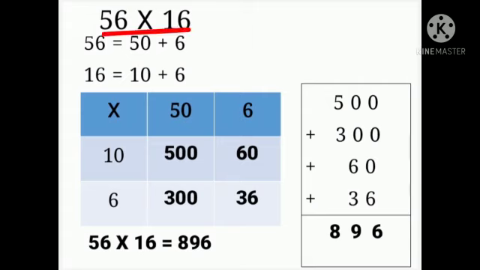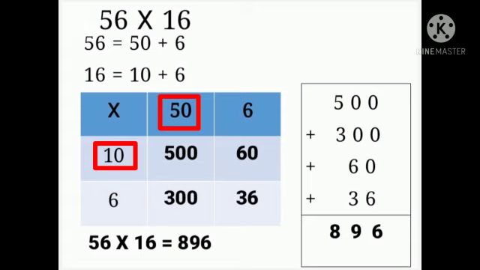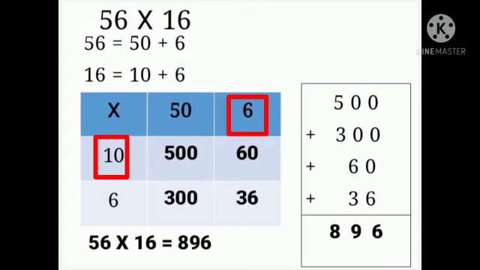Let's see next one. 56 multiplied by 16. Again multiplication by using lattice method. As 56 is a two-digit number, we will expand 56 is equal to 50 plus 6. 16 is also a two-digit number, so we will expand 10 plus 6. Arrange the numbers and let's start multiplication. So 10 multiplied by 50. First we will write down the 0, 1 0 of 10 and 1 0 of 50. Remaining numbers are 5 multiplied by 1, so answer is 500. 10 6s are 60.